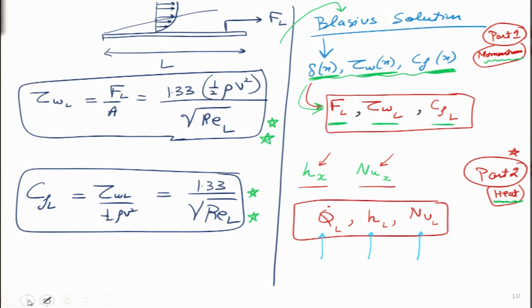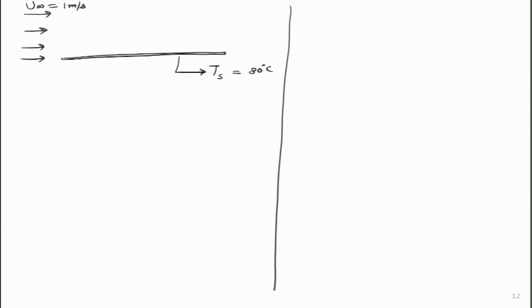In order to obtain these values, let me quickly draw the problem that we are looking at. We have a heated plate over here, where the whole plate is at some temperature Ts, and let me assume some numbers just so we can get a clear picture in our mind. It is kept in a flow of cold air having velocity u infinity, which I assume is 1 meter per second, and temperature T infinity, which I assume is 20 degrees. The fluid I am assuming is air.